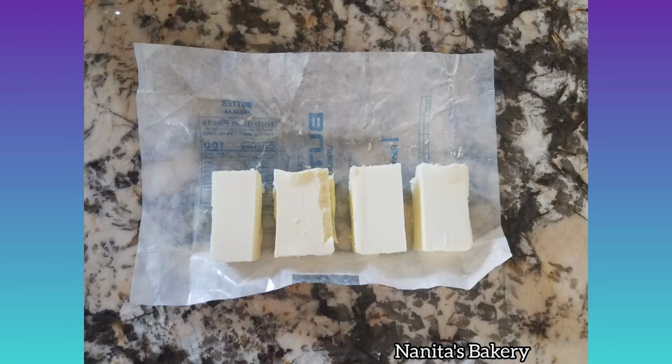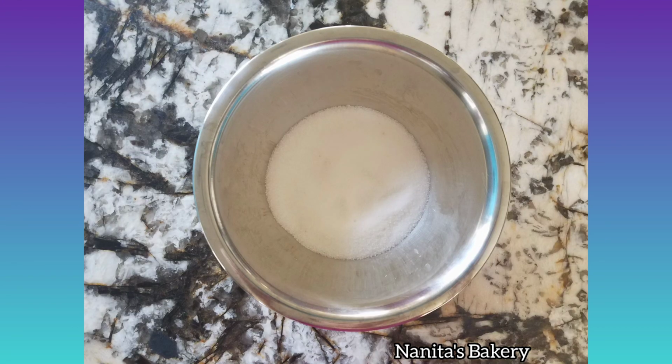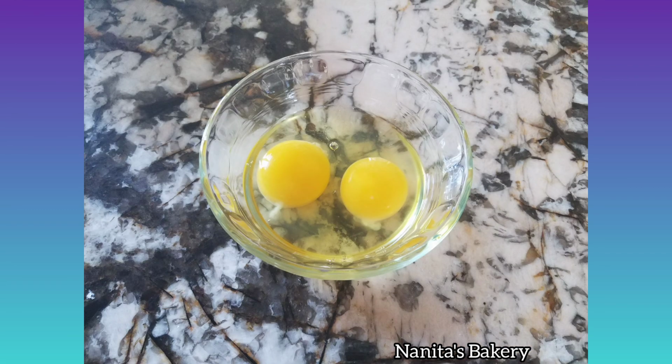For this recipe I'm going to use 1 cup of unsalted butter at room temperature, 1 cup of light brown sugar, half a cup of granulated sugar, 2 large eggs at room temperature,